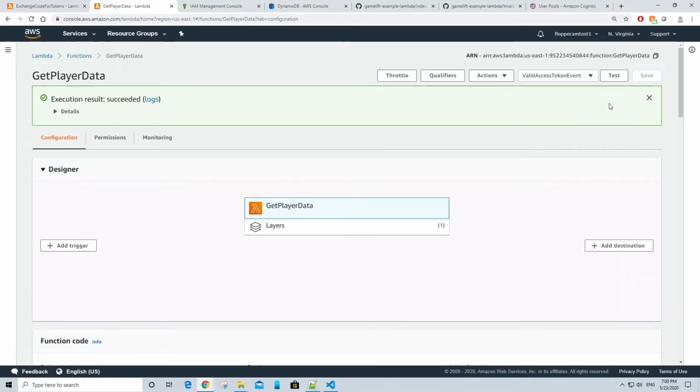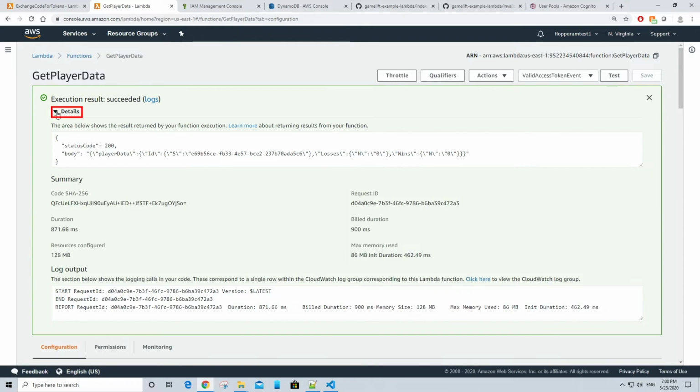And this time under where it says execution results succeeded, if you click on details, you should see a response with status code 200 this time instead of 400 like we saw earlier. And inside the body of this response, you should see a player data object with not only the sub ID value but also the losses and wins associated with that player item inside the table. And if that went as expected, then let's move on to the next lambda function we have to write by